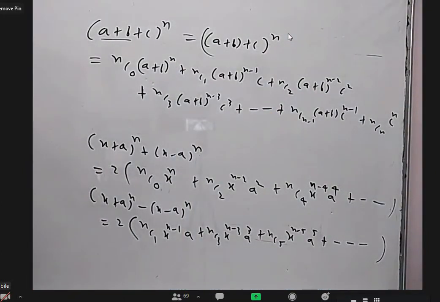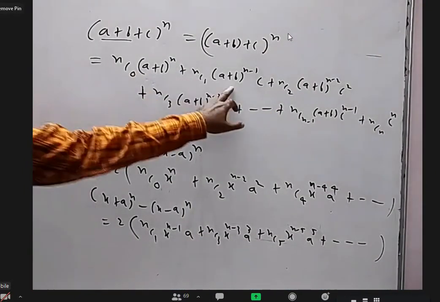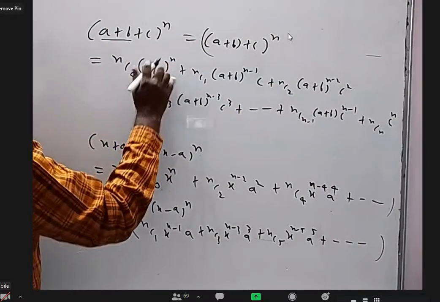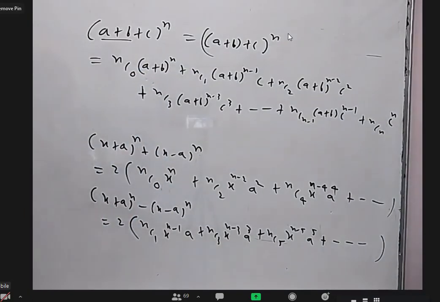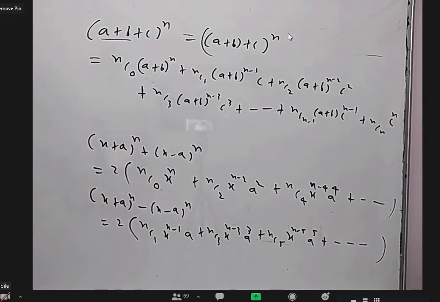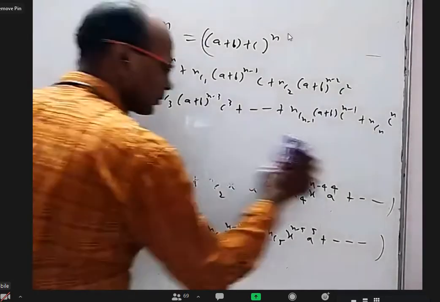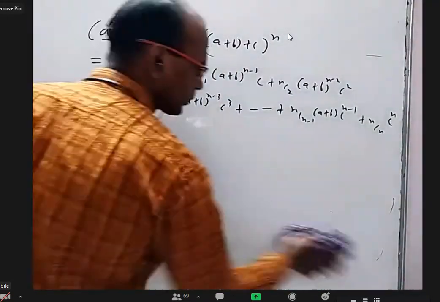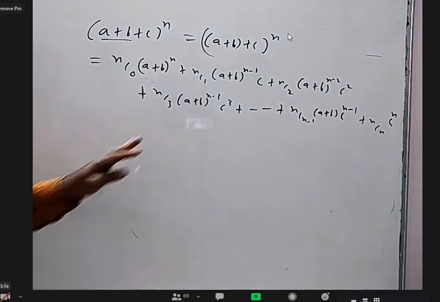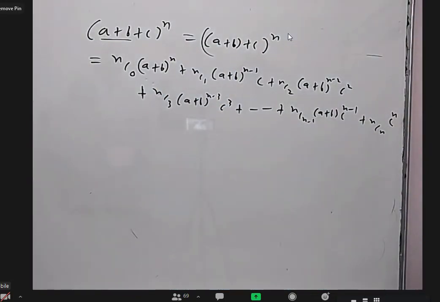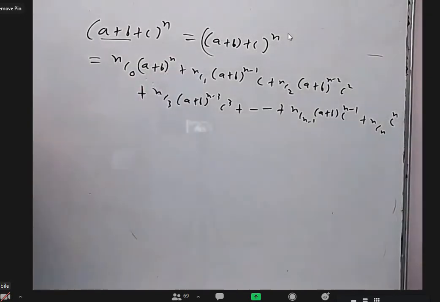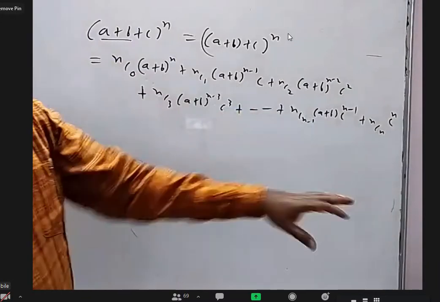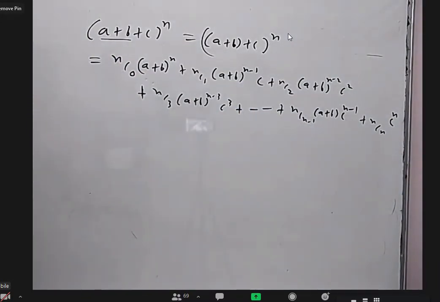Should we leave it like this? No. You have to expand this further, expand this further. Use binomial theorem so many times for each one. Okay, we'll leave it here. We are not going to write it, but you have some idea that you have to expand this. Anybody want to tell, if I expand this further, this further, this further, total how many terms will come?